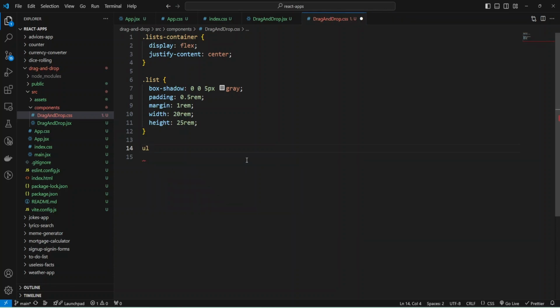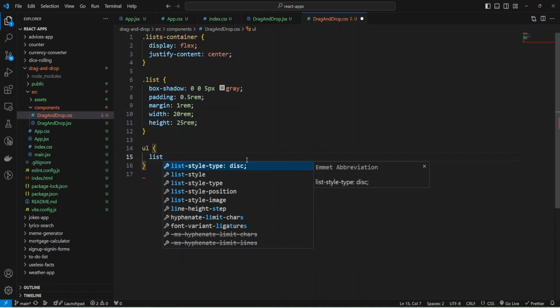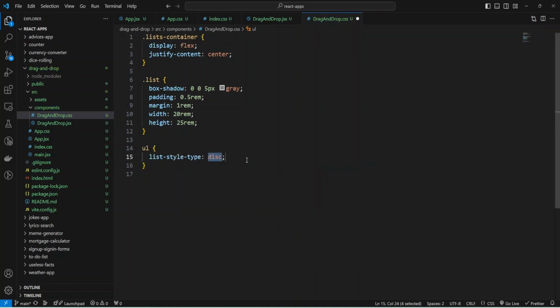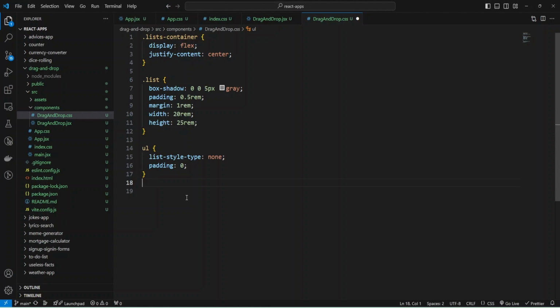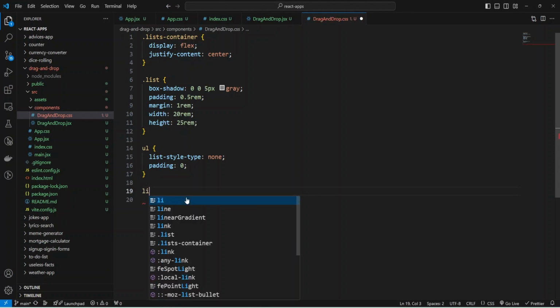Now we can provide styles for our list. I'm going to add list style type and remove these dots by adding none, and make padding 0 for all sides. Let's check what we have. As you can see, these dots were removed, and let's add styles for item.